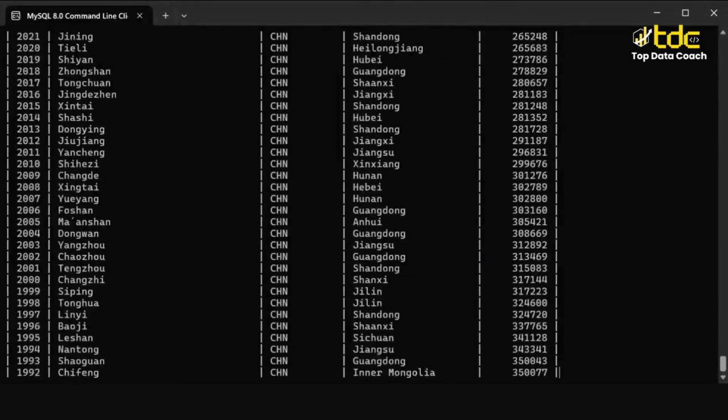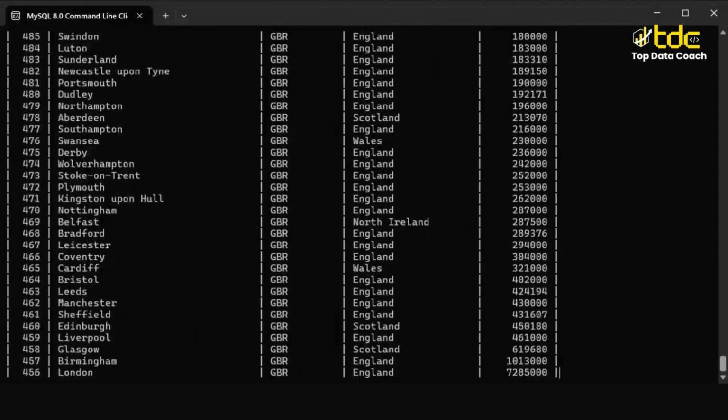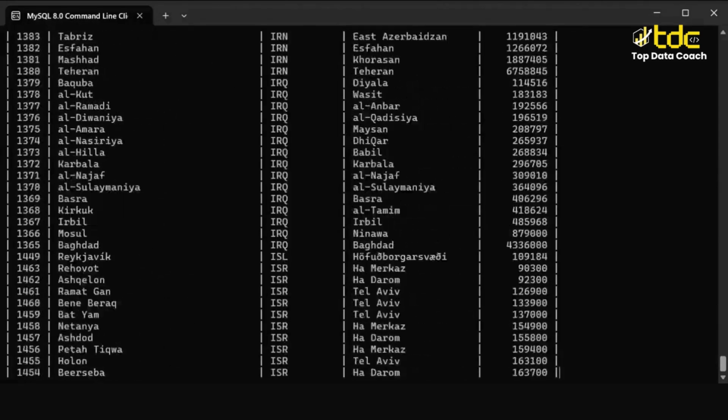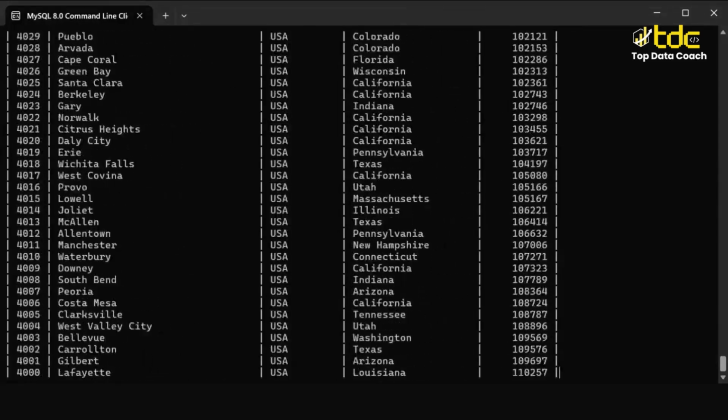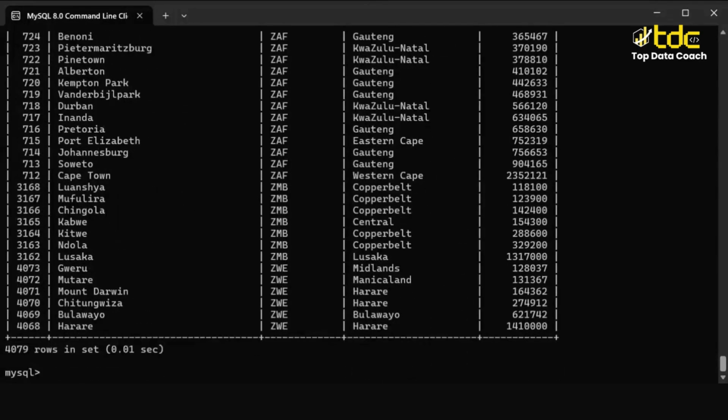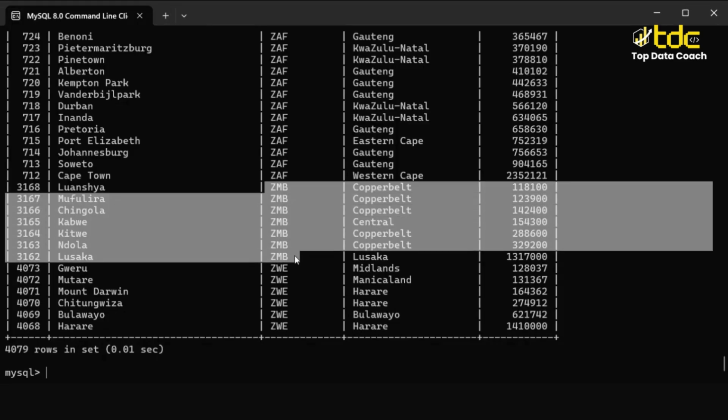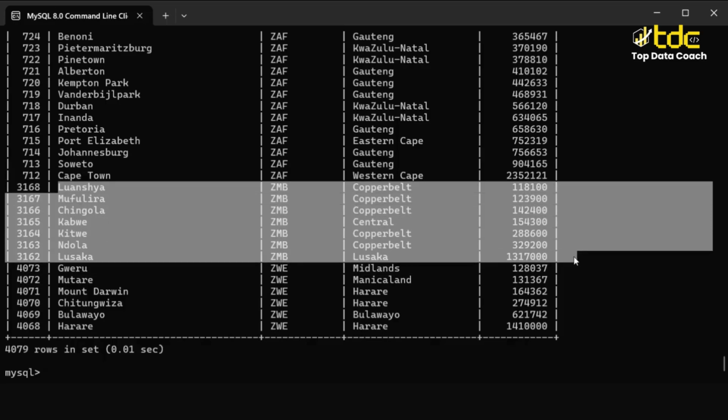So now what will happen? The records will be sorted based on the country code, as you can see here, and the records for which the country codes are same, they will be sorted based on the value of the second field, and that is population. For example, I am having here 6 to 7 records with the country code ZMB for Zimbabwe. Now you can see these records are first sorted based on the country code and then on the population, both